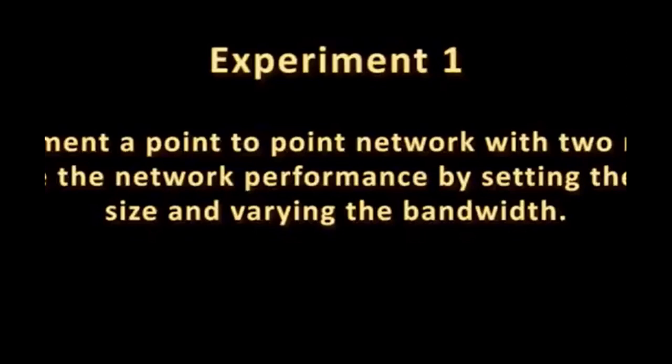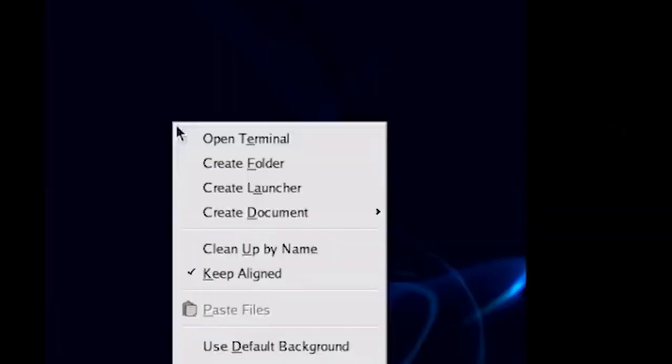So analyze the network performance by setting the queue size and varying the bandwidth. Here you have to set the queue size and vary the bandwidth. What is bandwidth? Like when you get data from one host to another host, like upload and download link, you can change it, say 1 Mbps, 2 Mbps, 5 Mbps. You can change the bit error ratio also, BER, and you can find what the packet loss is from source host to destination. That's what the experiment is all about. We'll see how things are going.